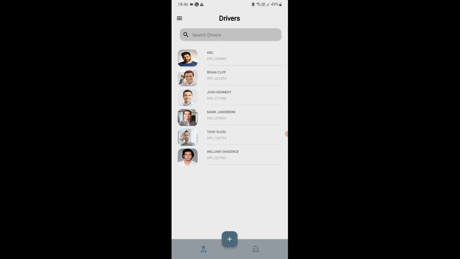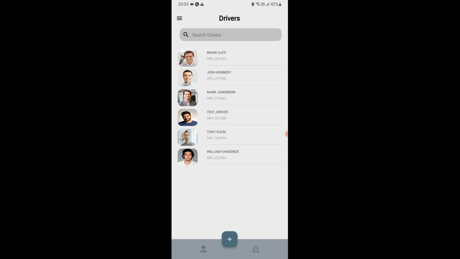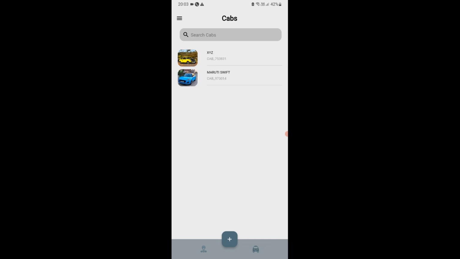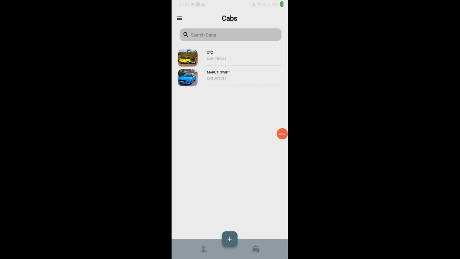And here we have landed successfully on the main page. Our information has been stored in the authentication service of the Firebase. And let's proceed further. So we can see there are the two pages, driver page and cab page. When we are present on the driver page and if we tap on this add icon, we can see this is the add driver page. From this page we can add a driver. And when we are present on the cab page and if we tap on this plus icon, we can see this is the add cab page. From this we can add a cab. It is due to the conditional statement which is applied on it so that it works.